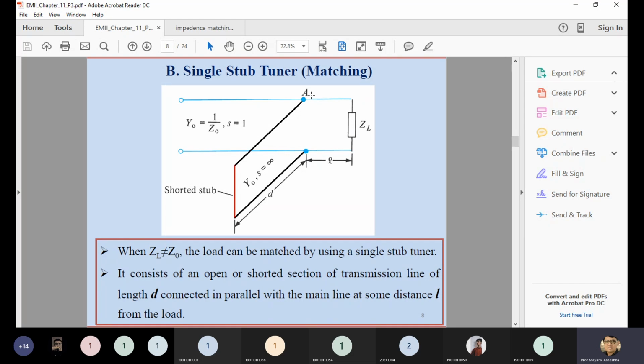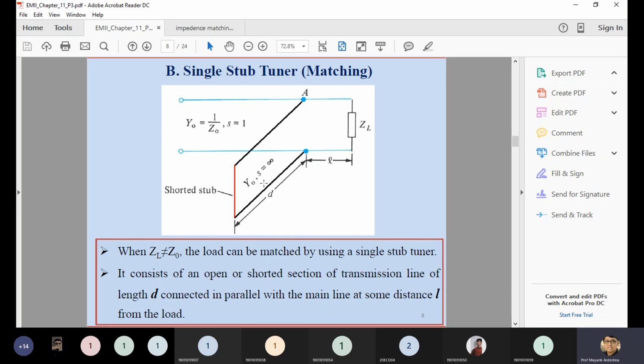Now you can see both the wires. One is the transmission line and the second is the stub. Stub is also one wire. Both are in a parallel connection. So whenever you have a parallel connection, it is easier to deal with admittance instead of impedance. So that's why we utilize the admittance part here. You can see it is not mentioned with a Z0. Now they mention 1 upon Z0, which is Y0. Y0 is the characteristic admittance. In the same way, the inserted wire also has an admittance which is mentioned with a Y0.